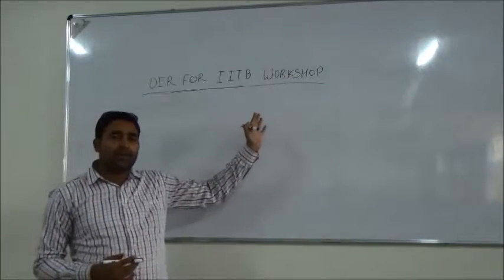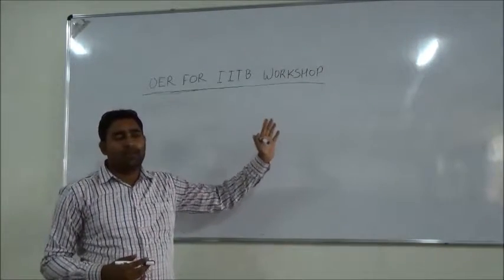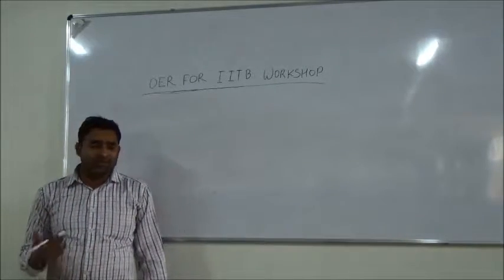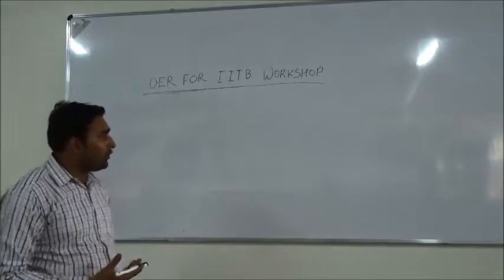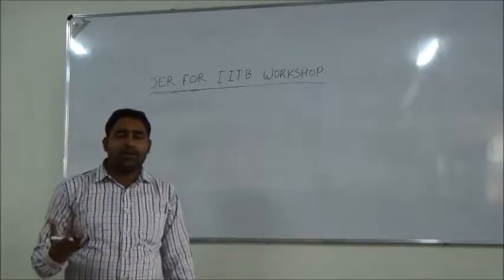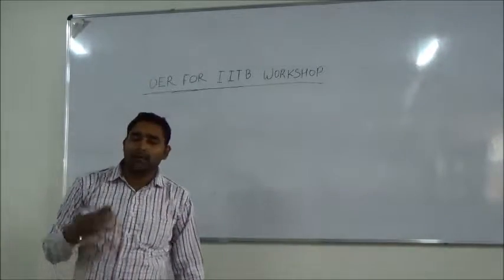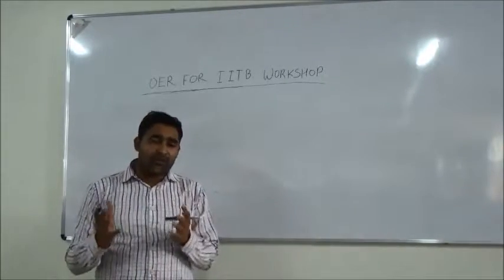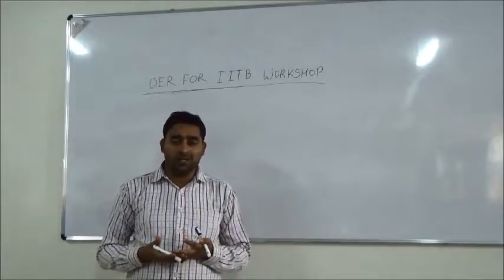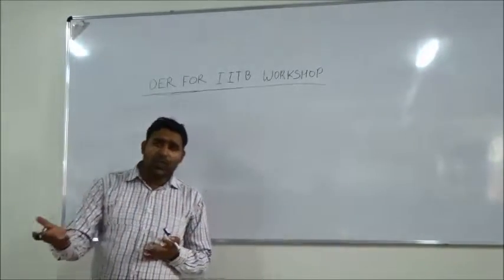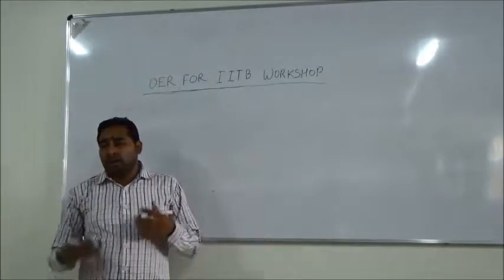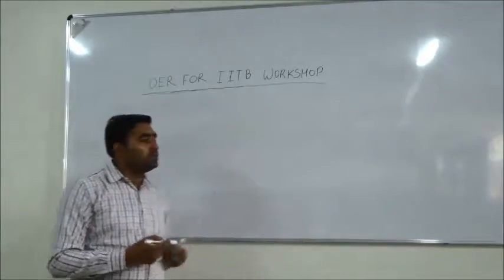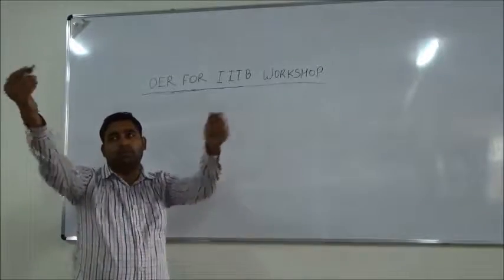I have already talked to you in my previous lecture that there are three different categories of queries: DDL, DML, DCL. So for making a database, what are the essential queries? In this lecture I am going to demonstrate how we can create a table, how we can implement the constraints, how we can make a relation, how we can interrelate two relations, and how we can drop, update, or alter any table. With the help of these queries, we can perform all these functions.